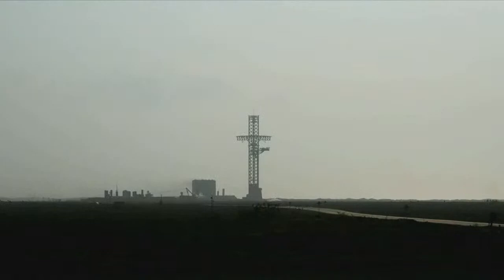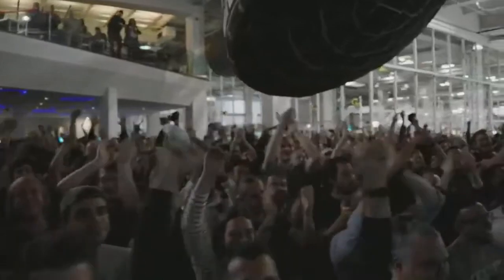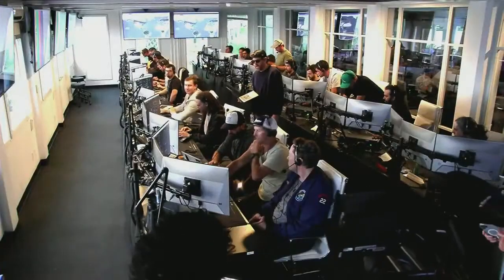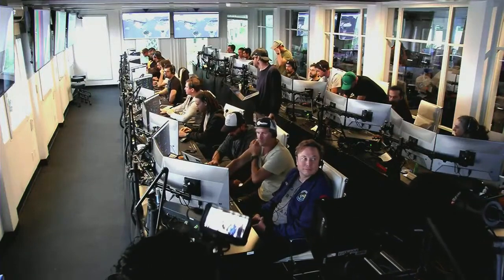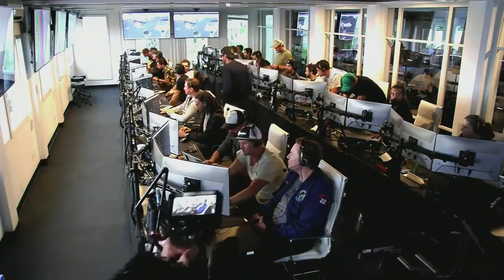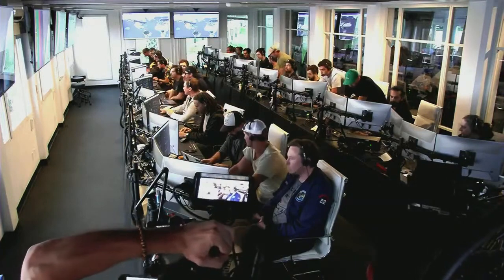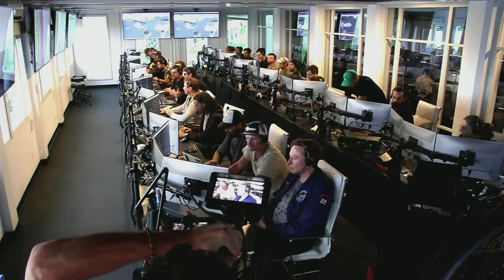An exciting end to the Starship inaugural integrated test flight. Everyone here absolutely pumped to clear the pad and make it this far into the test flight, the first integrated flight of the booster and the Starship vehicle. Live view there of our control center at Starbase, which we refer to as Star Command. As we said before, obviously we wanted to make it all the way through, but to get this far, honestly,